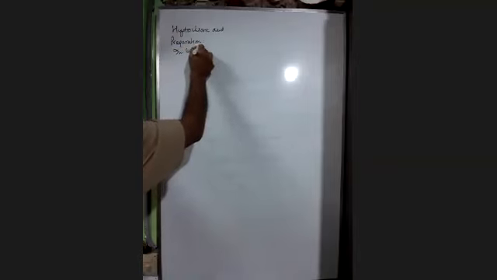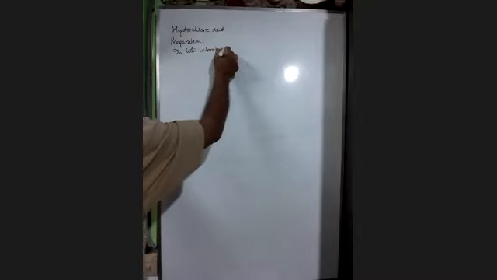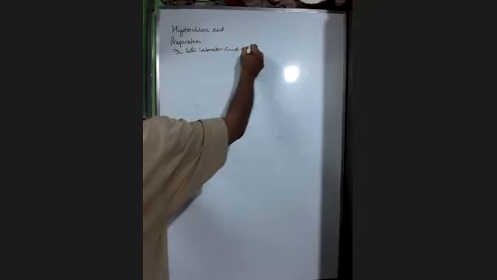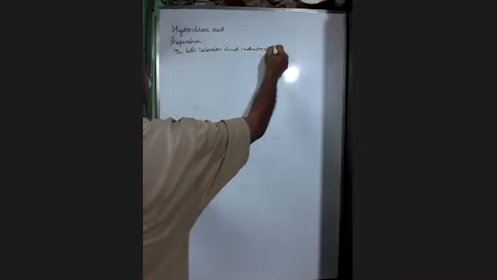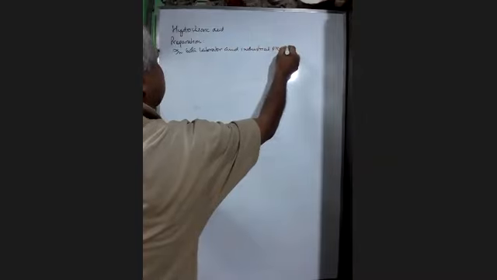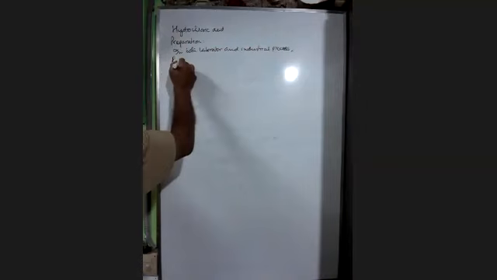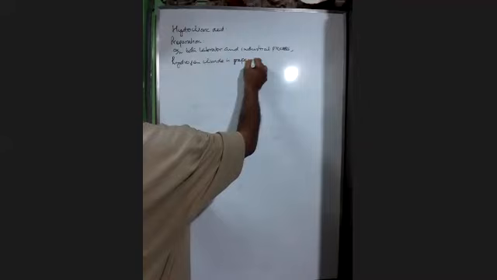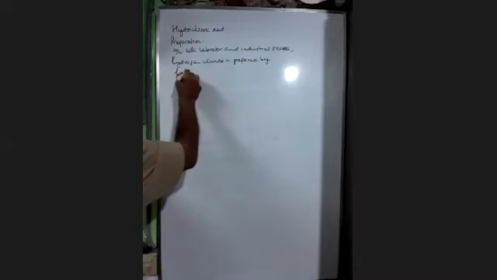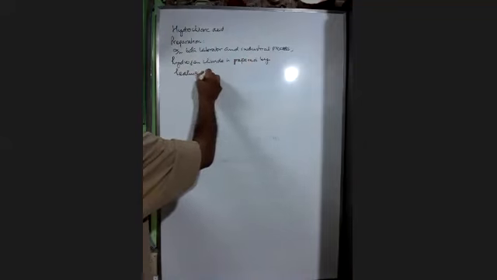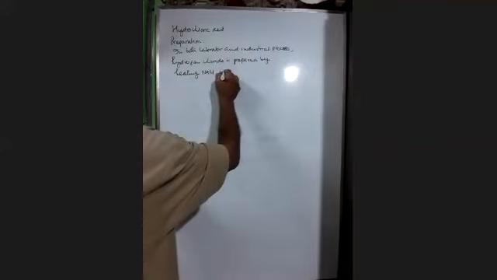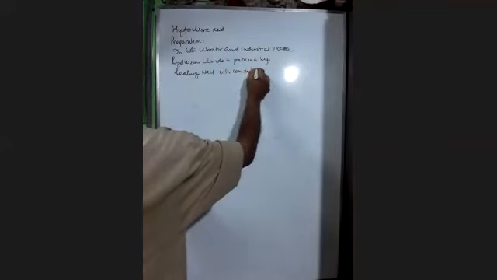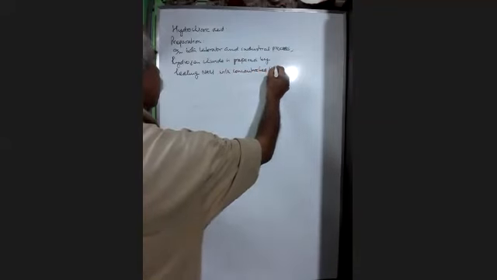In both laboratory and industrial processes, hydrogen chloride is prepared by heating sodium chloride with concentrated H2SO4